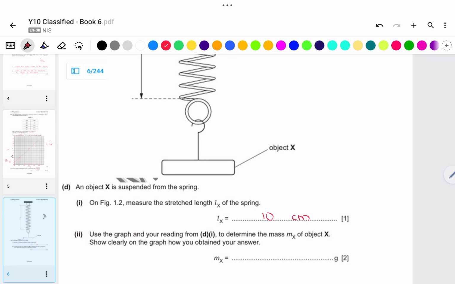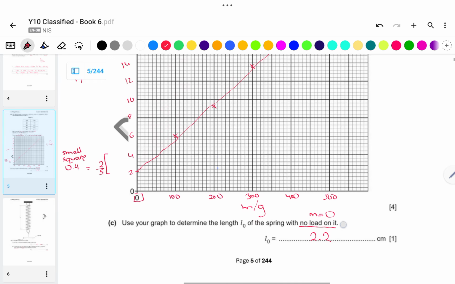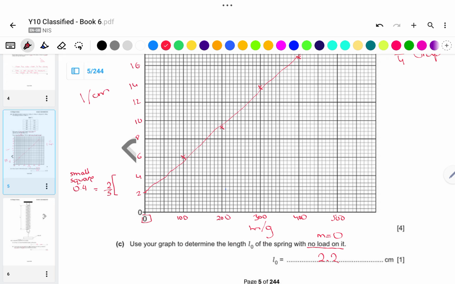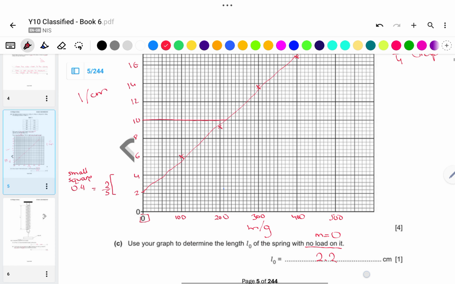Use the graph and your reading from D1 to determine the mass mx of object X. Show clearly on the graph how you obtained it. Here there are 2 marks, one for getting the number and one for showing clearly how you got it on the graph itself. So let's go up, find my 10 centimeters, here they are, and I'm going to draw using my ruler a line to see where it's going to hit. It hit exactly